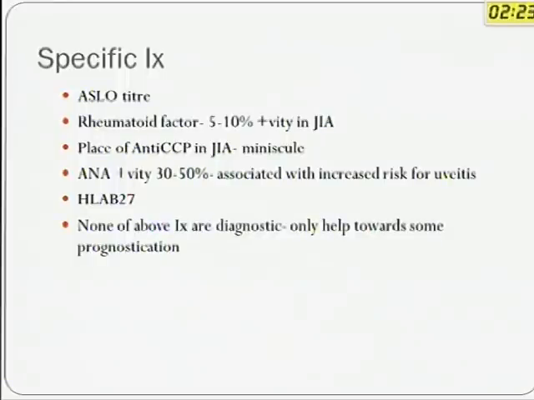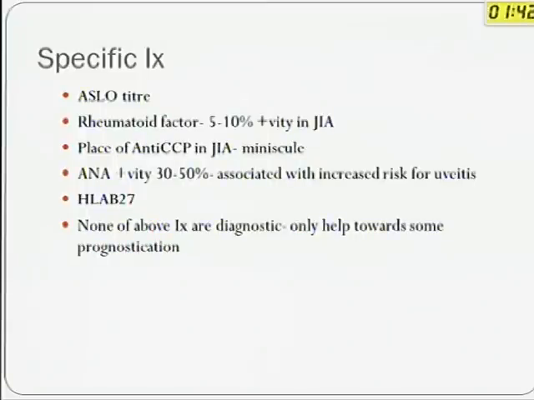Then all these tests everyone is very happy to do. The ASLO titer, what does it show? It is nothing but circumstantial evidence of a recent streptococcal infection. Unless you have the clinical picture of a reactive arthritis, an ASO titer has got nothing to do with the diagnosis. I could have a positive ASO titer today. I had a sore throat 2 months ago. That doesn't mean anything, actually. And in children especially, the ASO titer could take months to come down. So it can be completely irrelevant in a child who's got 3 months history of obvious arthritis. They will not have post-streptococcal reactive arthritis.